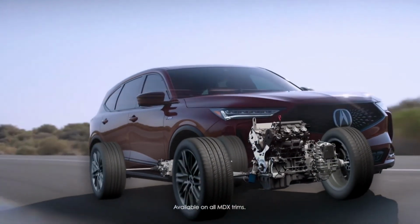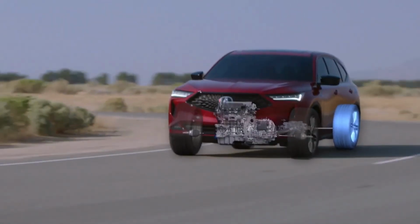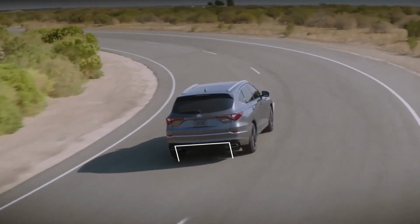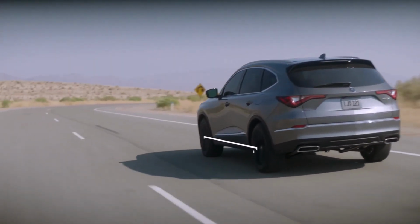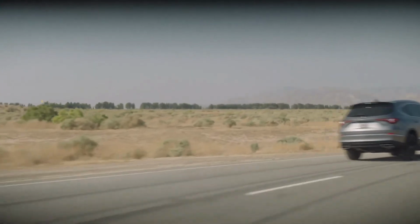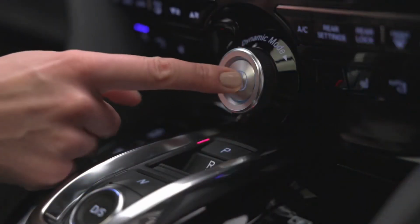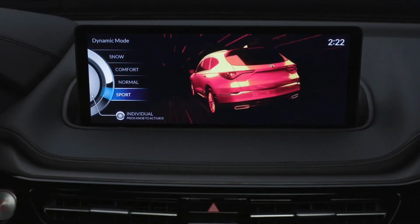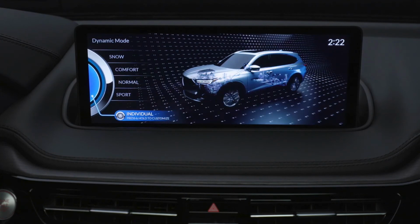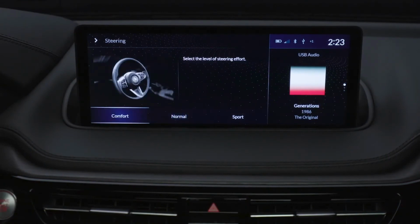including Type S. It's the only system in its class that delivers true dynamic torque vectoring, continuously distributing engine torque left to right and front to rear to enhance every element of driving performance and all-weather handling. We tie it all together with our integrated dynamic system with snow, comfort, normal, sport, and individual modes. This system lets the driver truly customize the dynamic character of MDX, the powertrain response, steering, and much more to